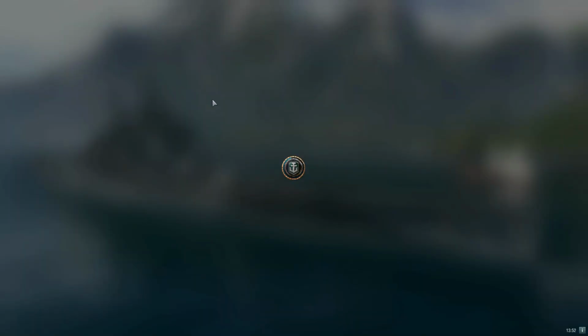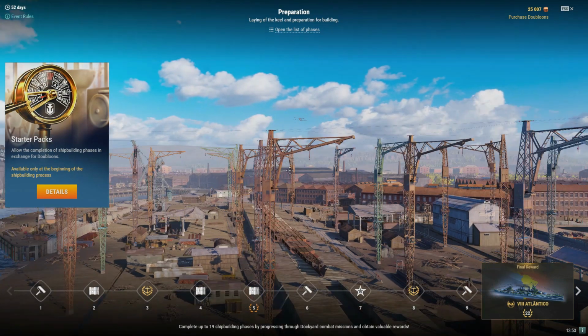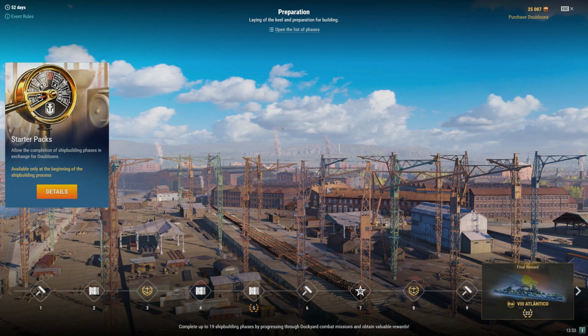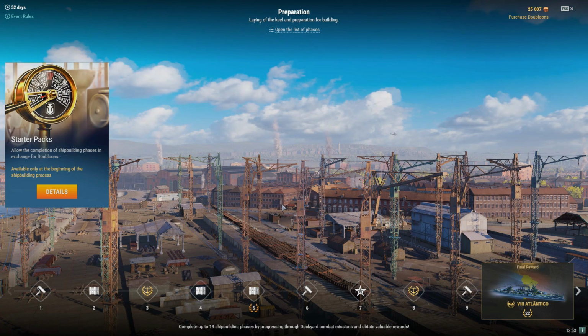has. Now, unfortunately, I've skipped through the preloading trailer they have, and they give a little brief overview of the Atlántico. So unfortunately, I don't have that. I can't figure out how to pull that back up. So I'm going to read a brief section from the World of Warships website, giving you a little bit more of an overview of the Atlántico before we start talking about overview and advice of getting through the Dockyard